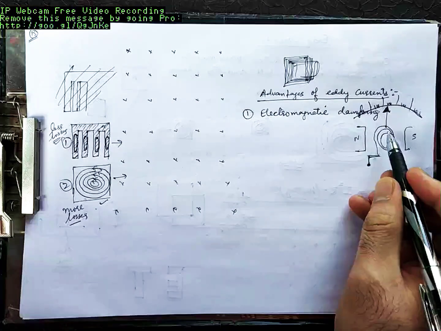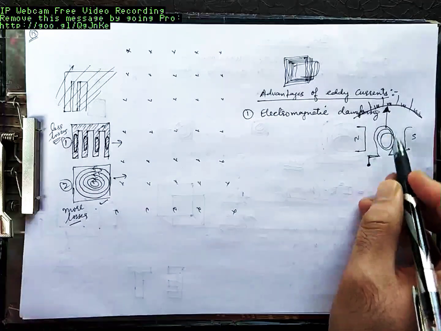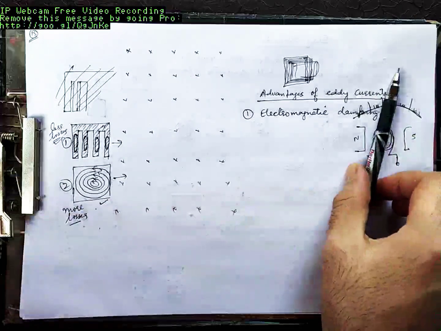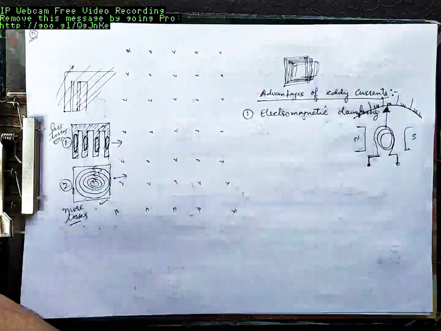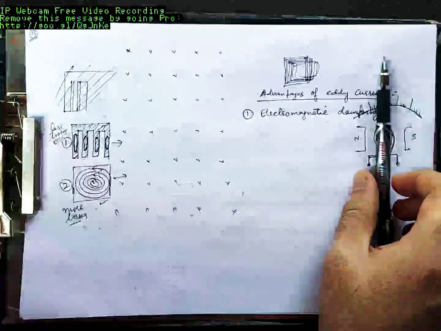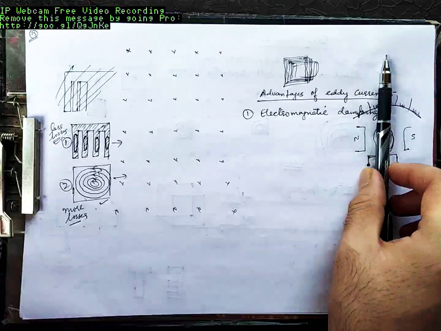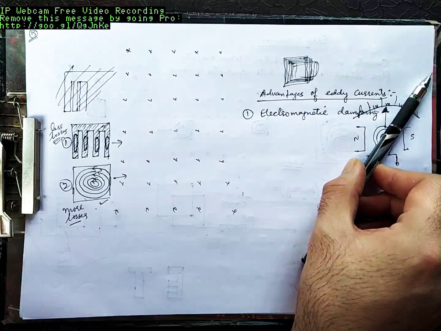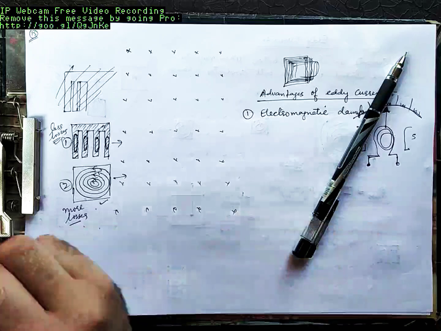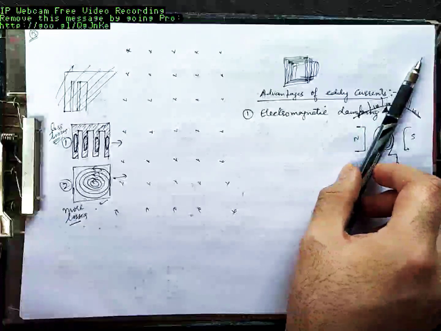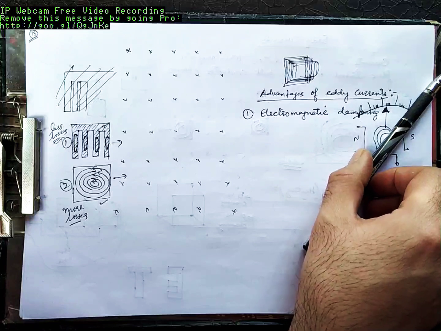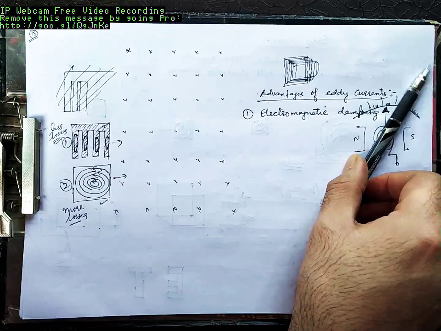Now you just have a current carrying conductor or current carrying coil inside a magnetic field. This experiences a torque, so it will rotate either in this direction or in this direction. But when it rotates, let's suppose current flows here, it rotates. When it reaches here, it has to stop here. But because of the inertia, this coil does not stop here. This goes here, then comes back. This keeps on oscillating here.